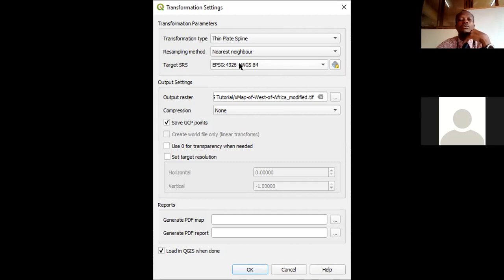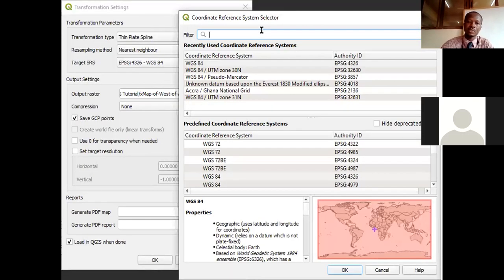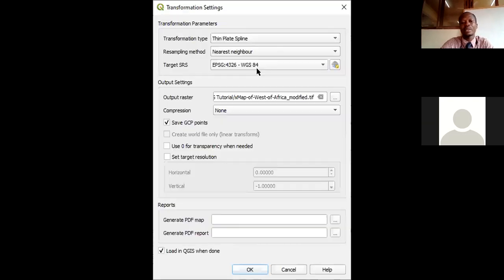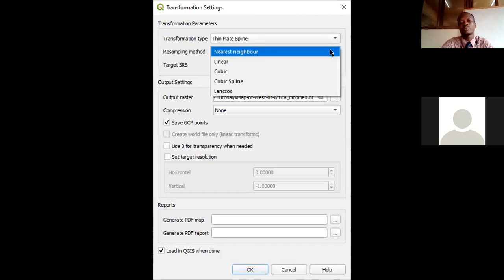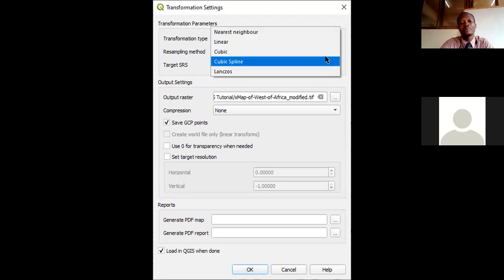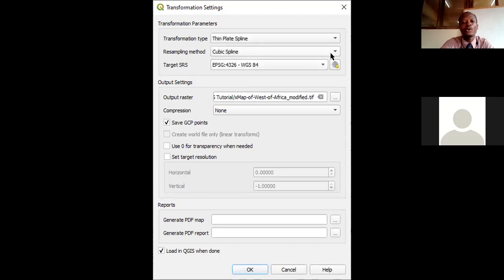WGS 84 by coming here and just typing in, for example, 4326. So that gives you this one, and you say okay, then it picks it. Are you okay? To select nearest neighbor, you simply drop down the list like that. Then you choose the appropriate one, which means we could actually choose any of these, cubic. We could choose cubic spline. These are all different models that have been